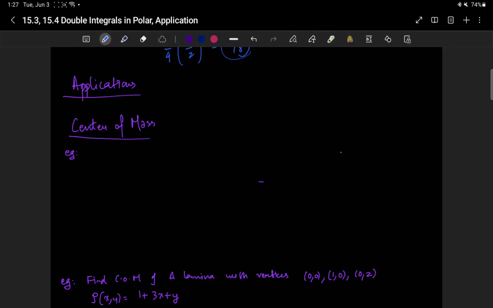Hi everyone, in this video we will briefly go over some common applications of double integrals, most of which come from physics. The first one is finding the center of mass of an object. So what is the center of mass of an object? It's basically,